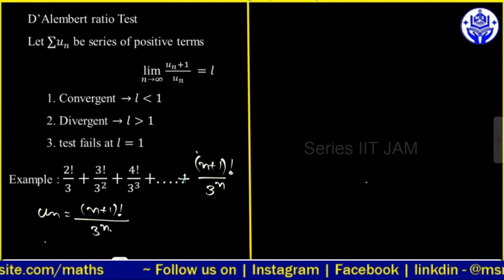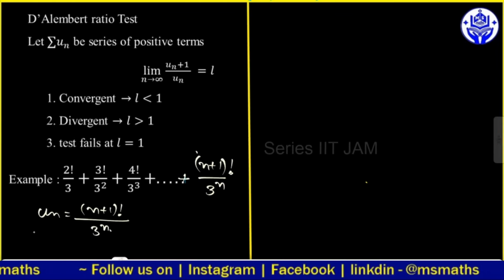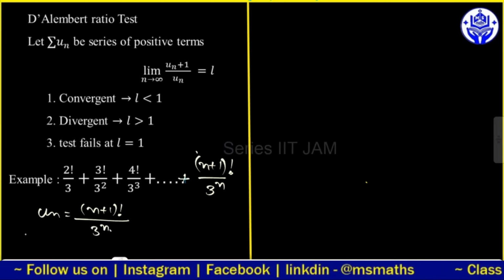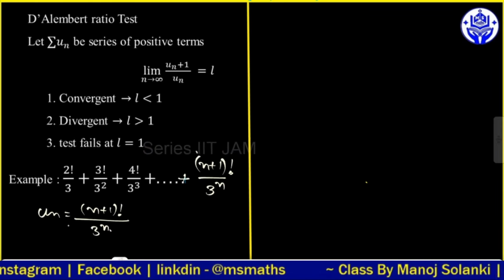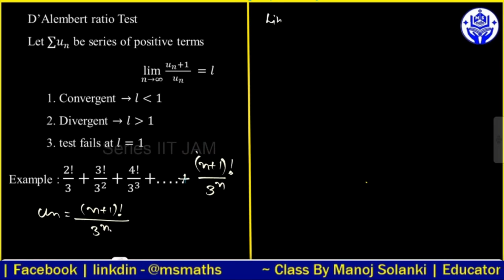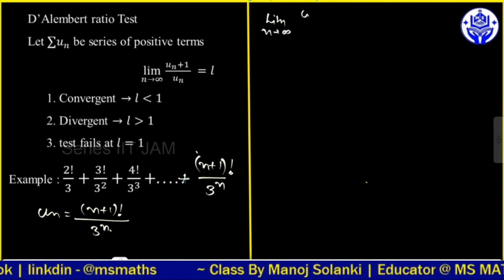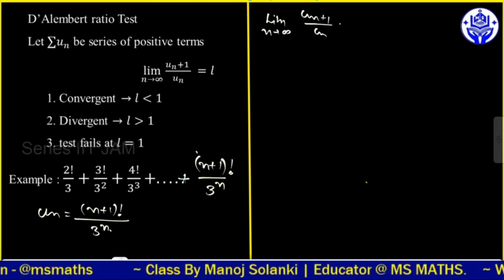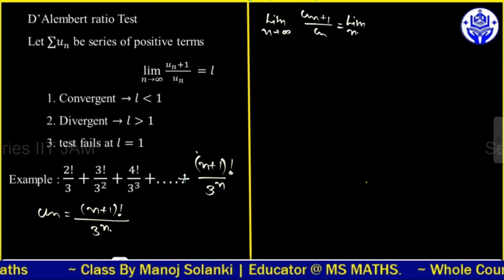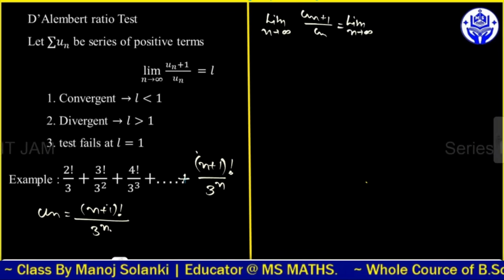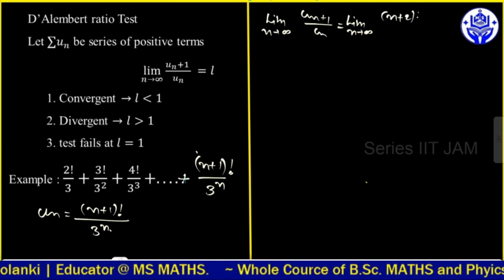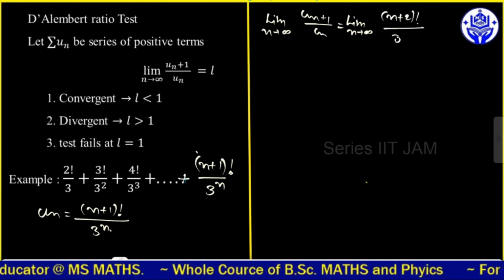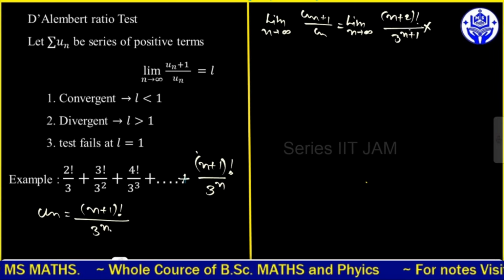तो मतलब un जो है वो n+1 फैक्टोरियल और नीचे 3 पावर n हो जाएगा। सो अब हमको क्या करना है, इसमें un+1 और un का रेशियो लेना है, तो un+1 लिखना पड़ेगा यहाँ पे। तो लिमिट n टेंड्स टू इनफाइनाइट un+1 ओवर un लिखेंगे, तो un+1 मतलब n+2 फैक्टोरियल ओवर 3 पावर n+1 हो जाएगा। इसमें हमको डिवाइड करने का मतलब उसको उल्टा कर